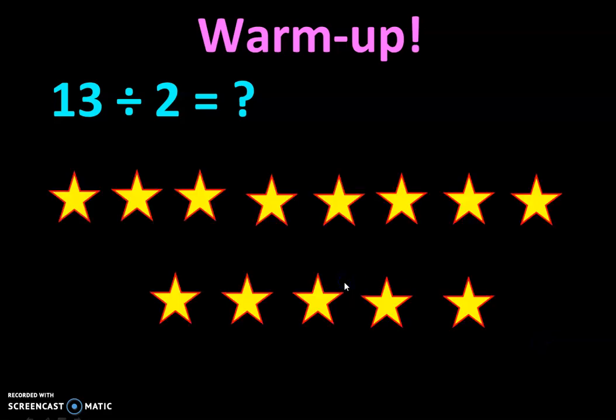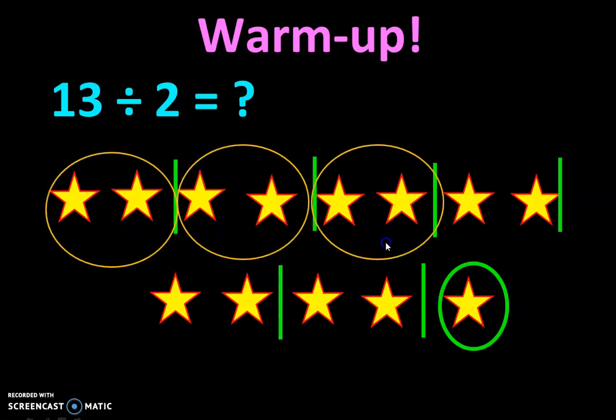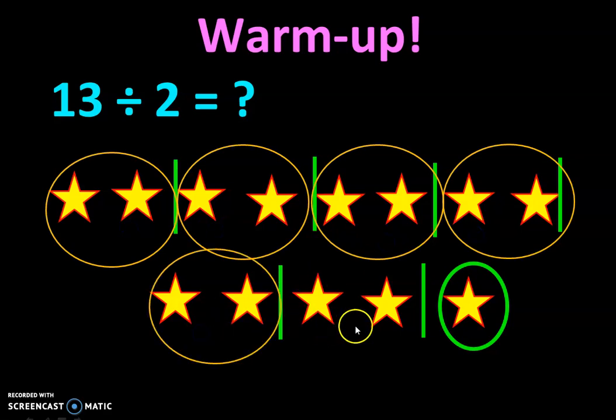Likewise, we are again having 13 stars with us. I'm going to divide that also with 2 in a group. Yes, 2, 2, then 2, 2, this 2, this 2, and finally 1 is remaining with me. I can't do anything with that, so I'm circling it. Now this is one group, another, next, this one. So altogether I'm getting 1, 2, 3, 4, 5, 6 groups. That is, my quotient will be 6 and 1 is remaining.